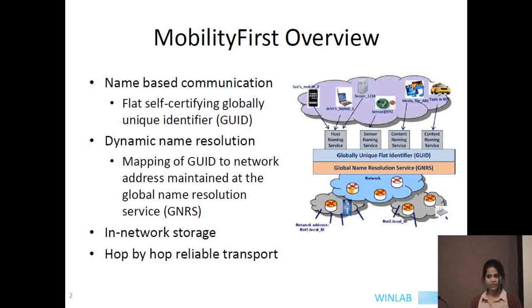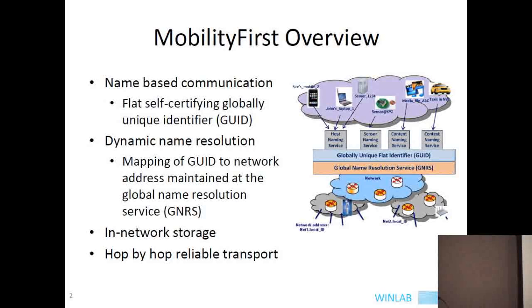For Mobility First, every network attached object has a unique identifier, which is flat. It's based on your public key, and it's unique throughout the lifetime of the entity. And then we have the Global Name Resolution Service, which is right here.